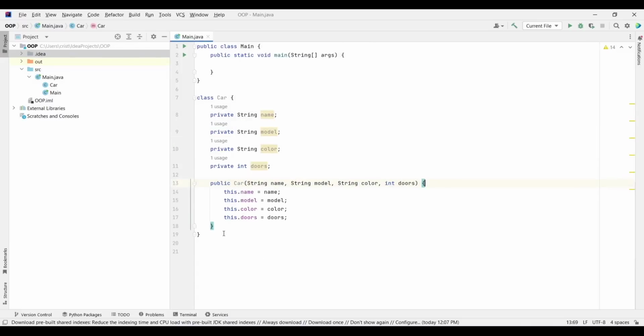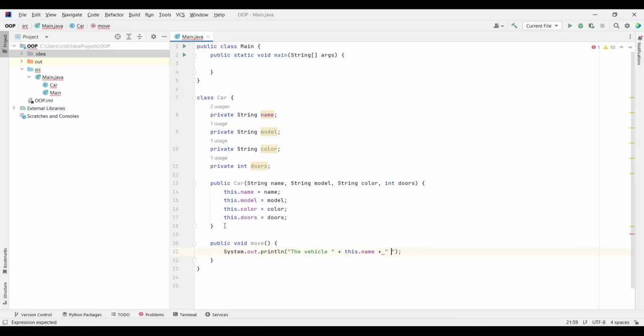Now down here, let's add 2 functions. Let's type public void move, and it's going to say SOUT, "The vehicle" plus this dot name "is moving."